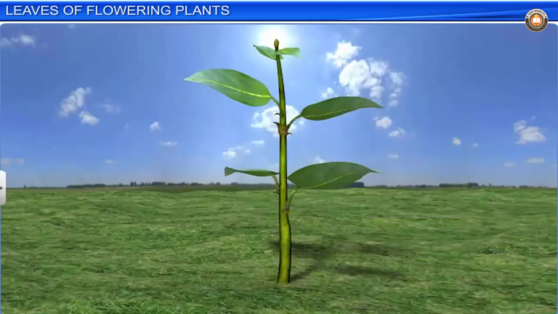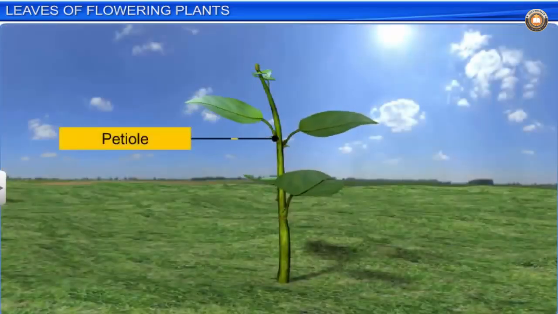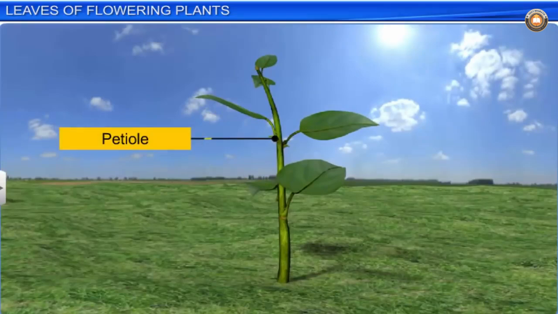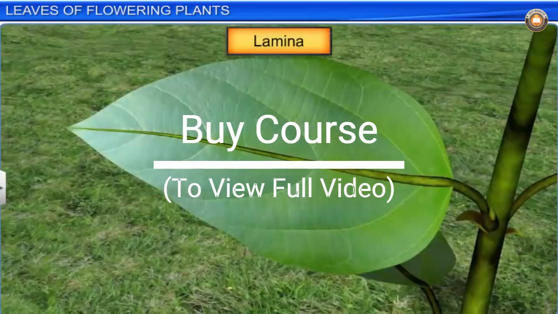In some leguminous plants, the base of the leaf may get swollen, which is known as pulvinus. The petiole helps the leaf to tilt in the direction of light. If the petiole is long and slender, it helps the leaf to move in the air and bring fresh air to the surface. The lamina is the expanded